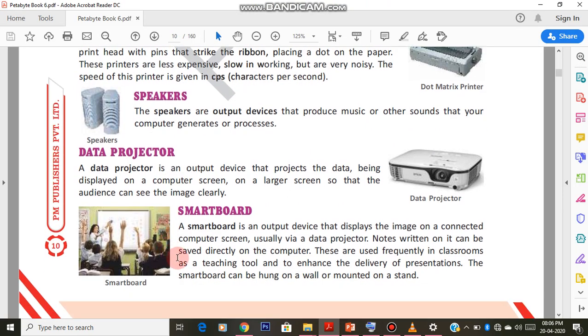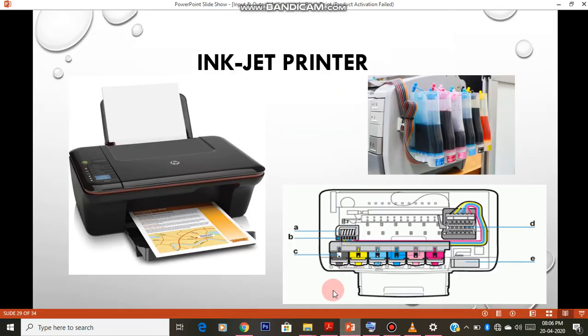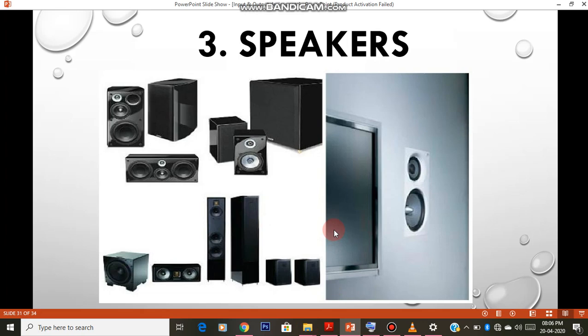Next we'll move to the next output device. It is a speaker. Speakers, you might have seen, once you give some input through mic or microphones, or you play some songs in your computer, the output from the speakers is sound. Okay, only sound is the output of speaker. Here it doesn't take input because it's not an input device, it's an output device that gives out the sound.